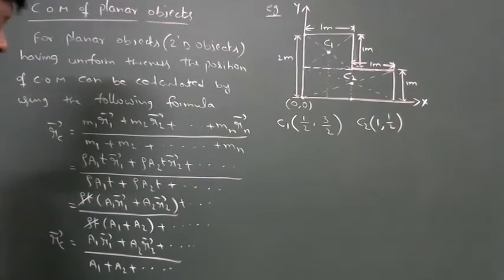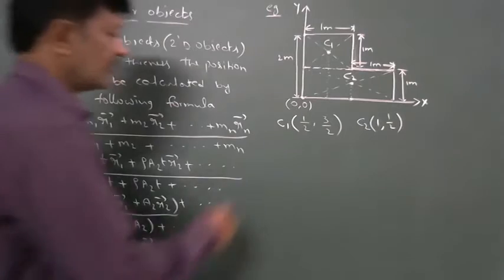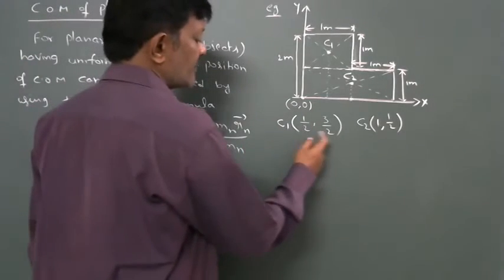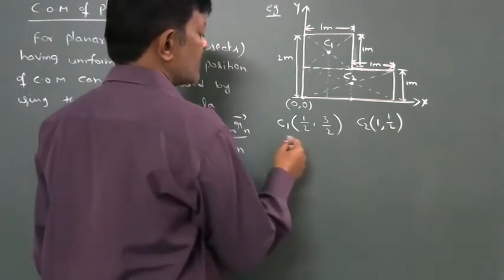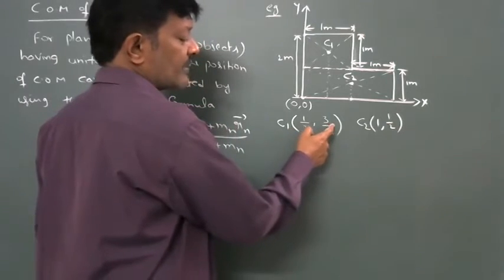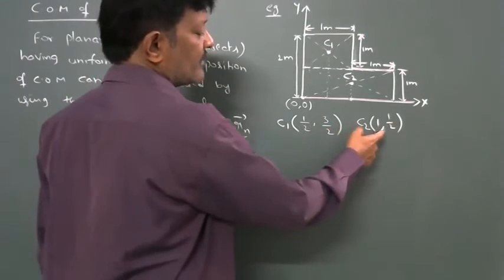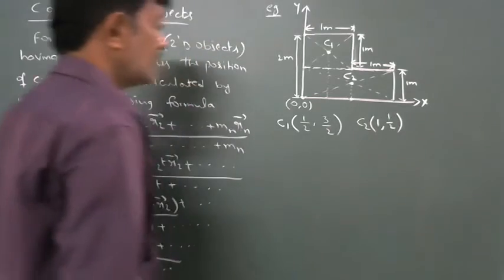Okay. Next. This is C1. These are C1 coordinates, these are C2 coordinates. That means x1 is half, y1 is 3 by 2. x2 is 1, y2 is half. Therefore,